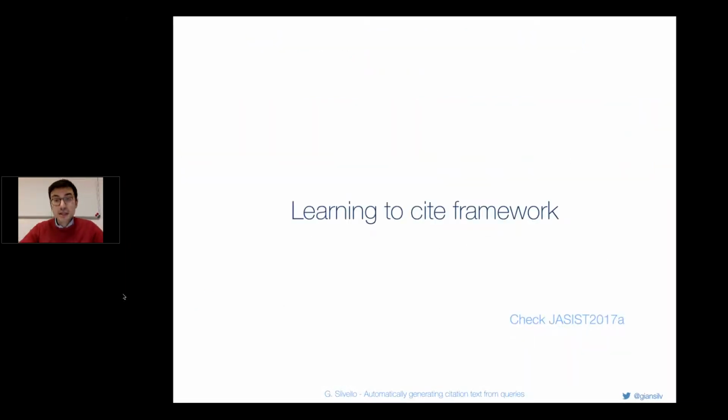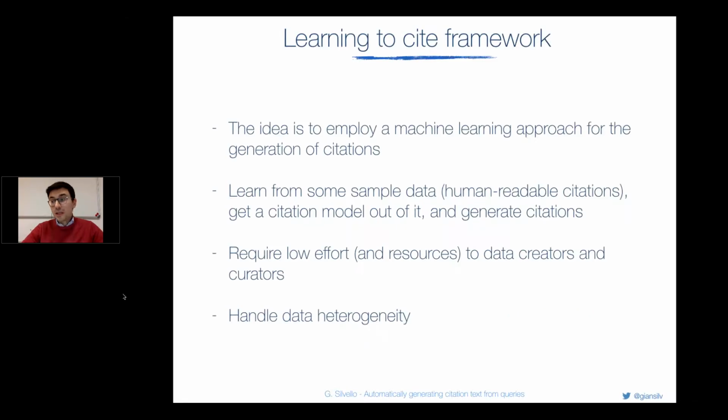To do this, we do not want to ask the DBA to provide us with anything. Why? Because, especially in the digital archive domain, resources are very low. We cannot ask them to invest hours or money in providing us with citations or views or whatever. It's very unlikely for this to happen.